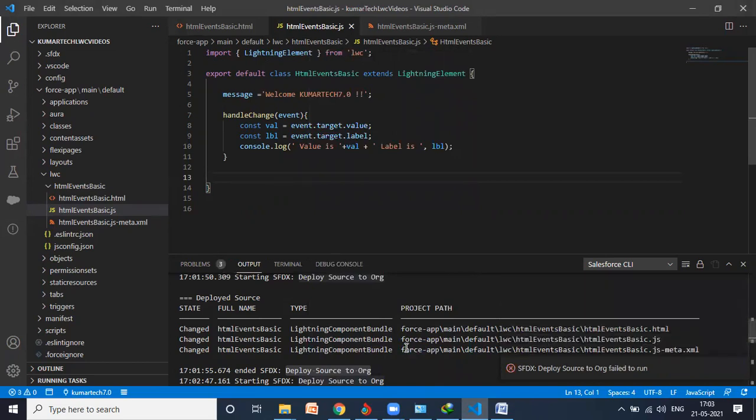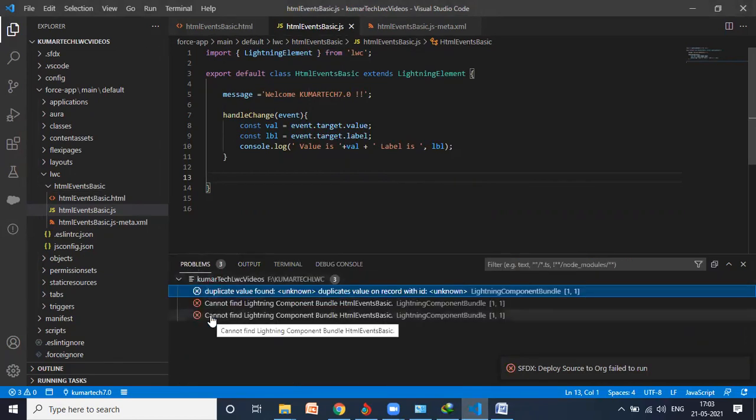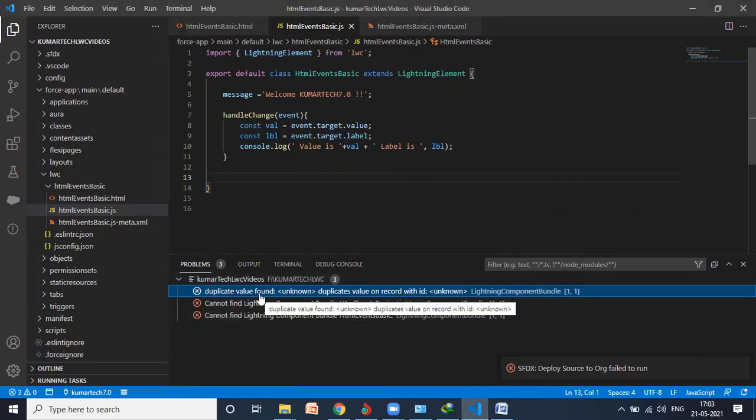This is the last one. Okay, not running, some error. What's the error? Duplicate value found, ID. Okay, cannot find Lightning bundle.